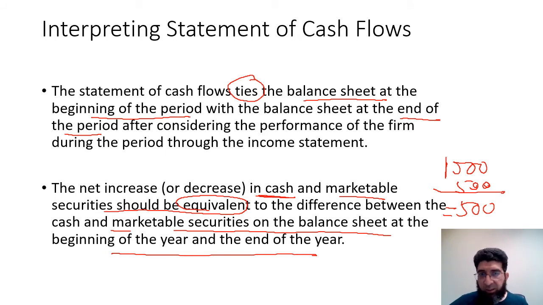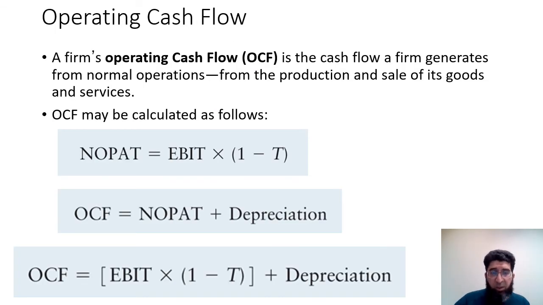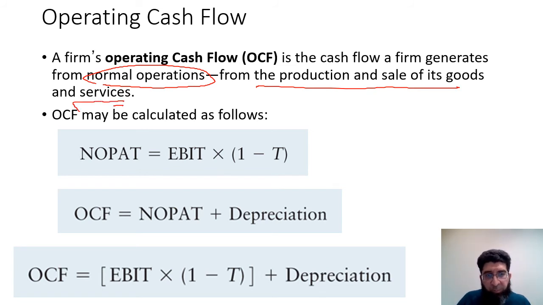Now let's look at operating cash flows. Now this is very important: operating cash flow is the cash flow a firm generates from normal operations, from the production and sale of goods and services. In the financial statement, how does it look? So it's net operating profit after tax, which equals earnings before interest and tax, also called operating profit,